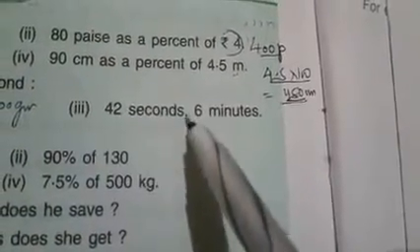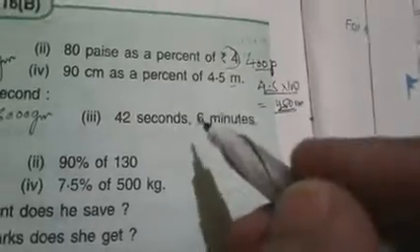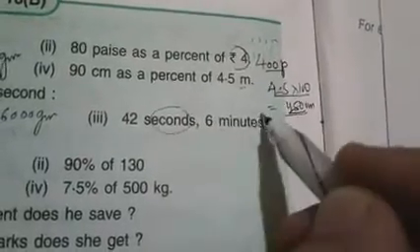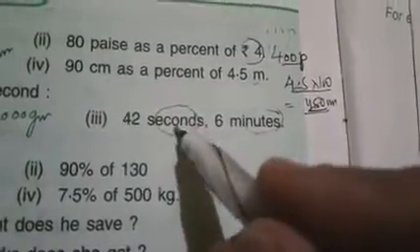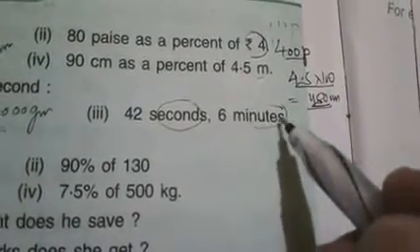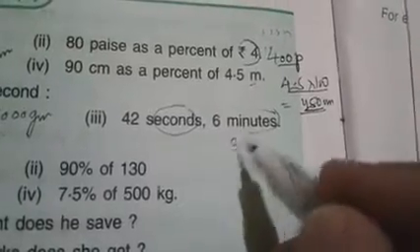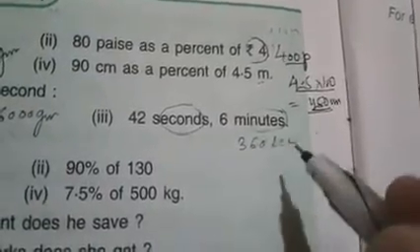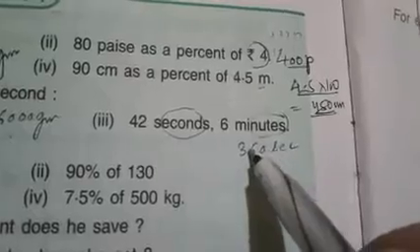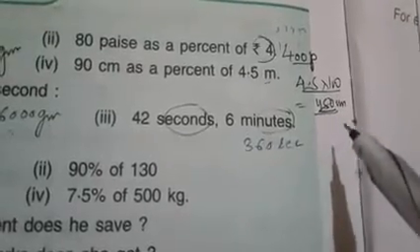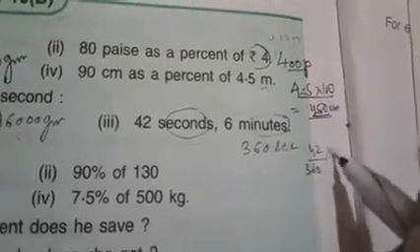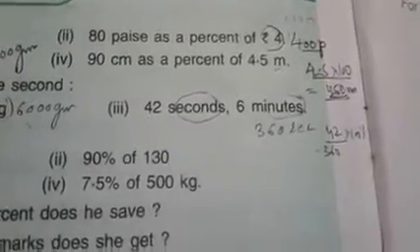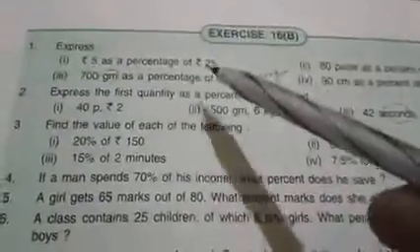That we have to solve. Similarly, 42 seconds, 6 minutes: here it is seconds, here it is minutes, so convert minutes into seconds. 6 multiplied by 60 gives you 360 seconds. So 42 upon 360 multiplied by 100%, and then you have to solve further. Okay, this way you have to solve questions number 1 and 2,